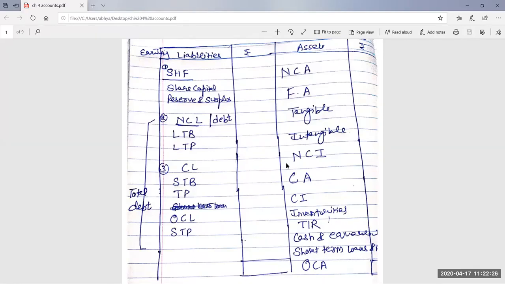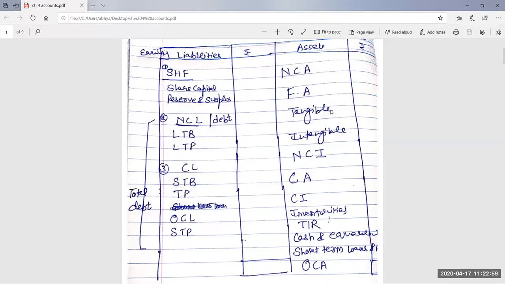Shareholder funds will also be deducted. Anmol, you have written only non-current liability minus shareholder funds. Yes, total liability minus non-current liability. But Varun, here total liability is not given in the question. I have told you that only the total assets are given. Total assets are given and how will you find out current liability? Total assets minus shareholder fund minus non-current liabilities.